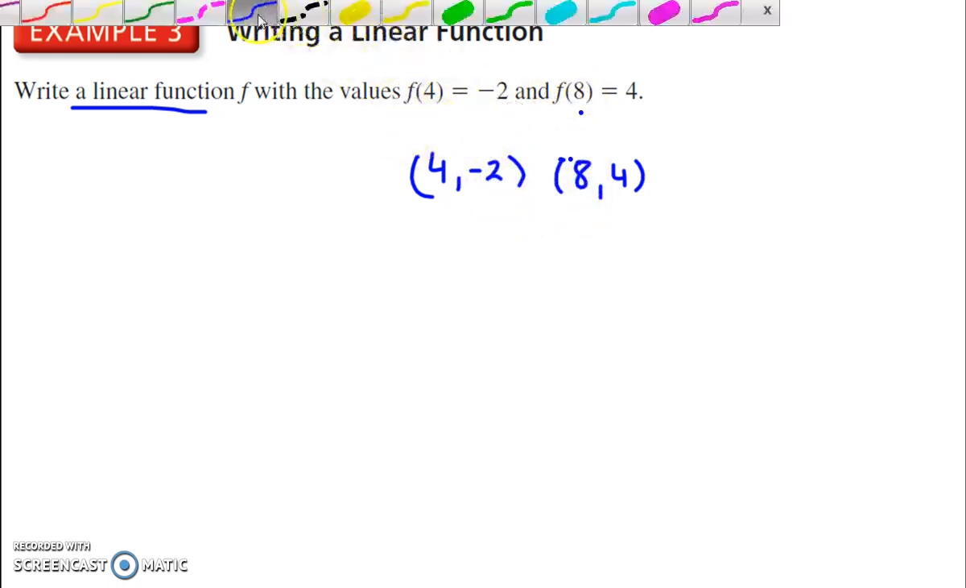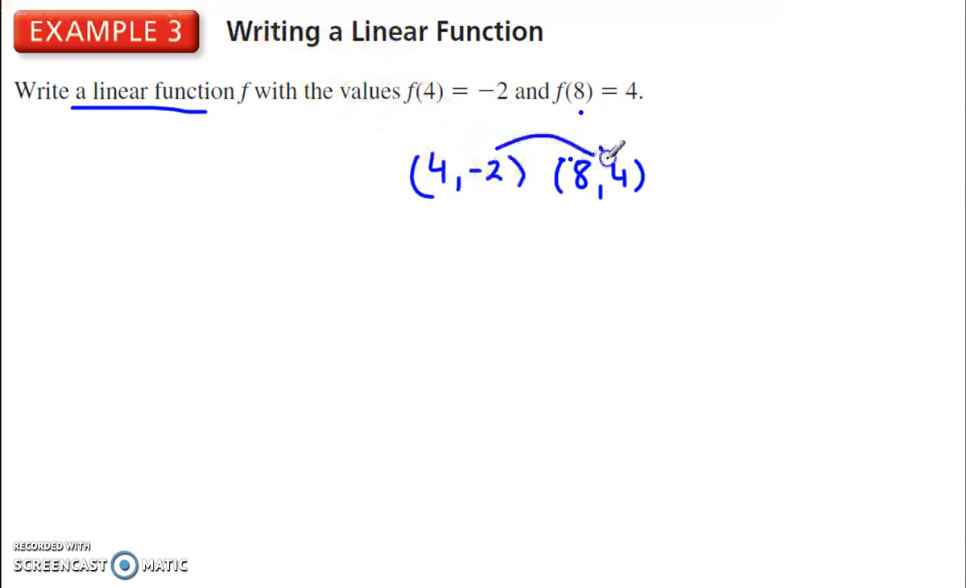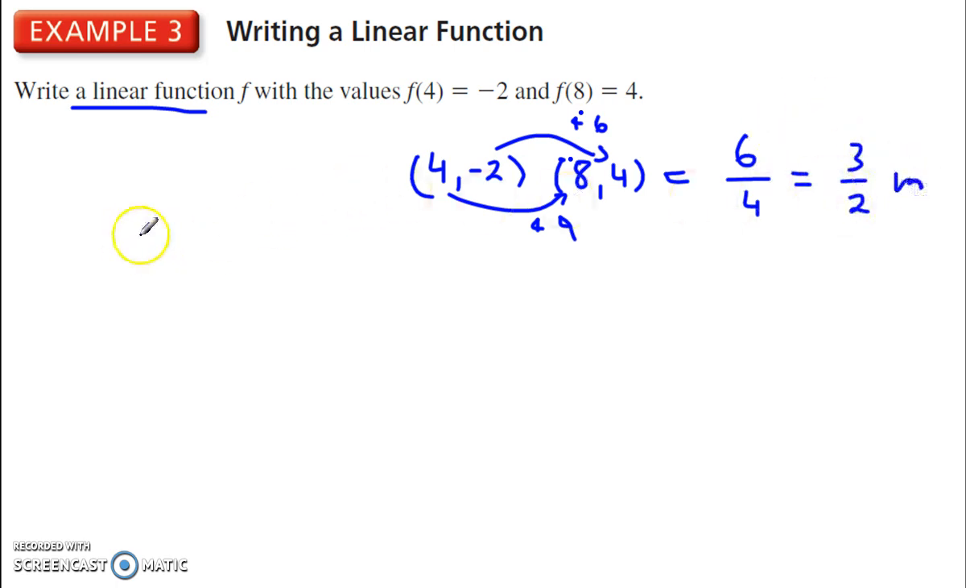And now let's find slope. From -2 to 4 we have to add 6. From 4 to 8 we have to add 4. So we have 6 over 4, which simplifies down to 3 over 2 for our slope. That is m. Now, if we want to use point slope form, we'll do y minus y1 is equal to